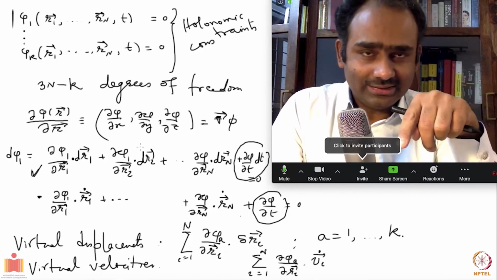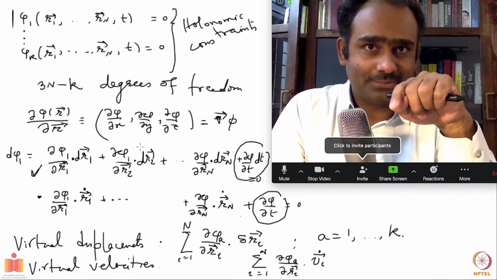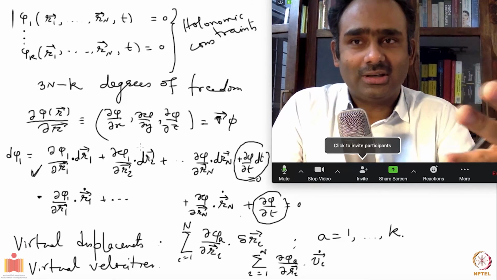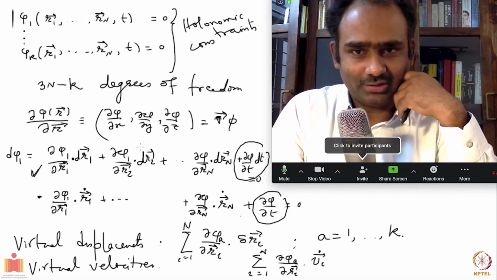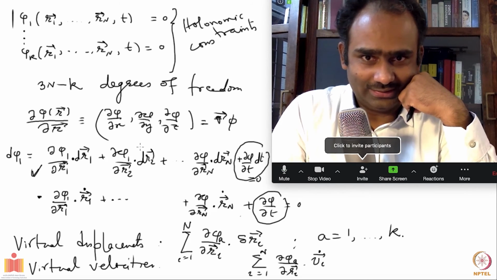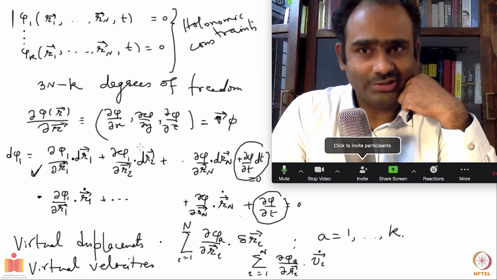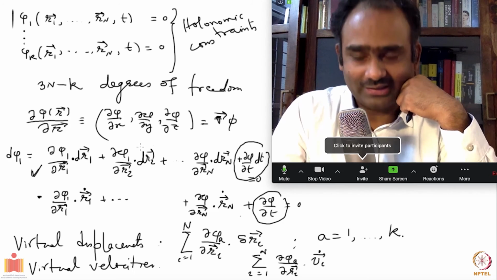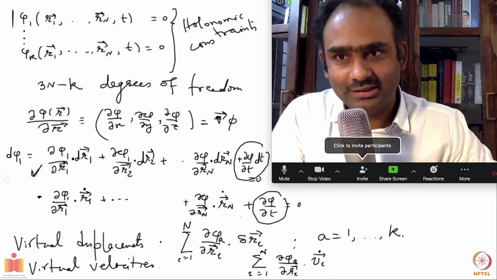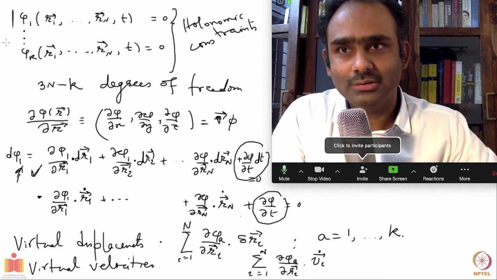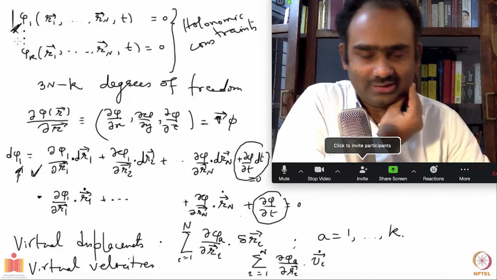Now, if that is the case, then your constraints are not holonomic, because we need them to be written in terms of functions. So they will not be holonomic constraints, and that is why, for your constraints to be holonomic, and if they are written in differential forms, you should be able to find integrating factors which can turn these ones into these ones. Okay, so let's say we are given holonomic constraints.